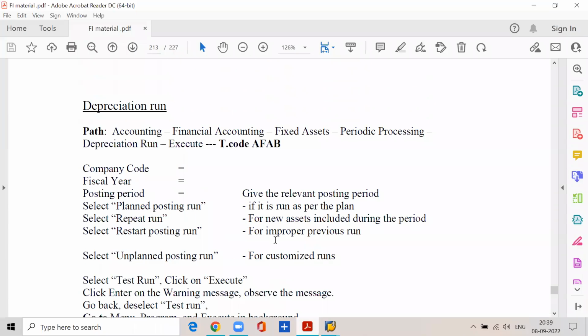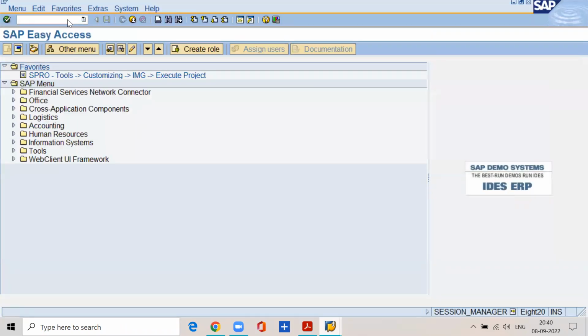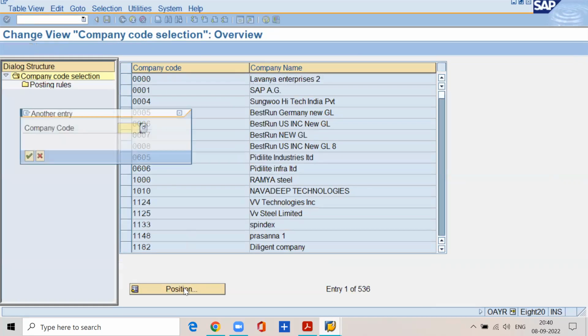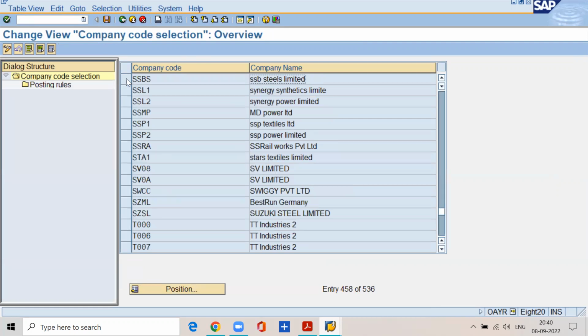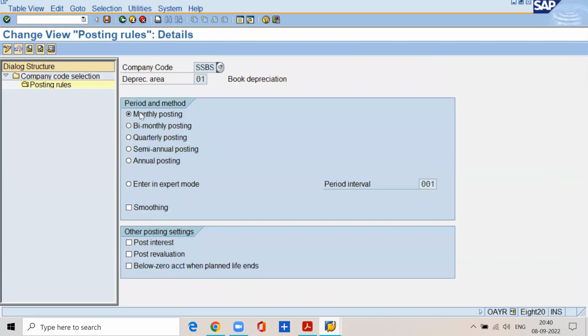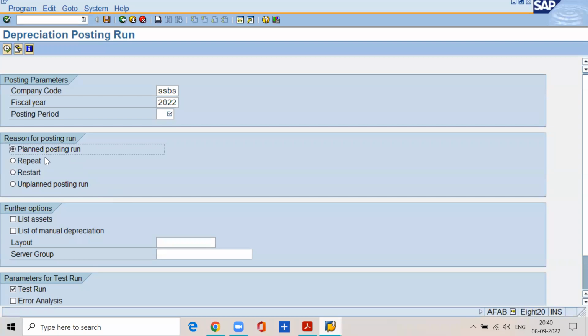the plan. So where did we define the plan? In OAYR. We selected monthly posting, right? So if you are posting the depreciation every month as per the plan, then we select planned posting run, then